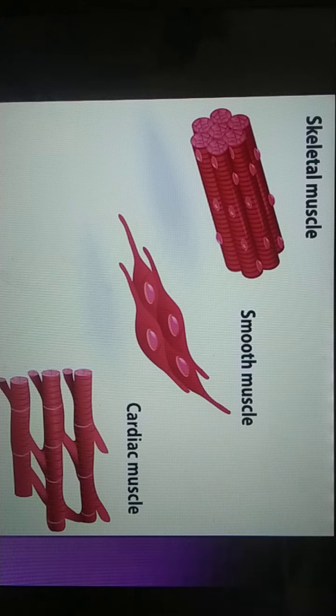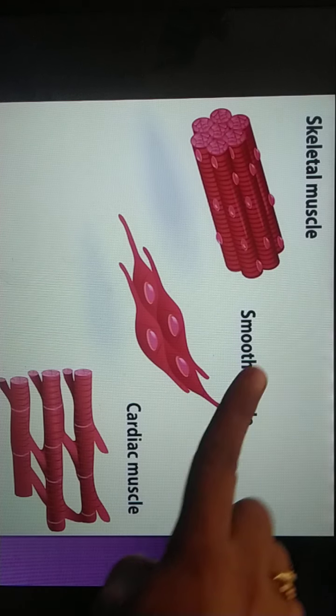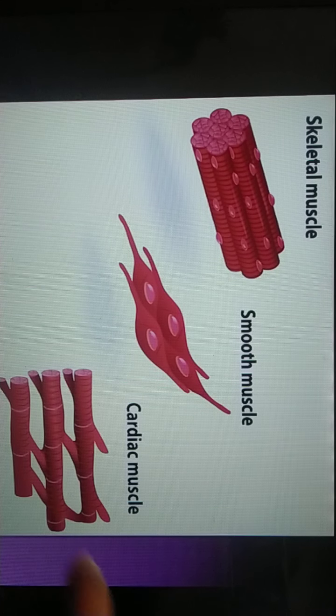These muscles are cylindrical and branched. Here you don't see any branching, and here also you don't see any branching, but here you can see branching, and the structure is cylindrical. This muscle has nuclei, one or two present in the center. These muscles also show faint striations, so it is called striated or striped muscle. Here also you can see the striations.